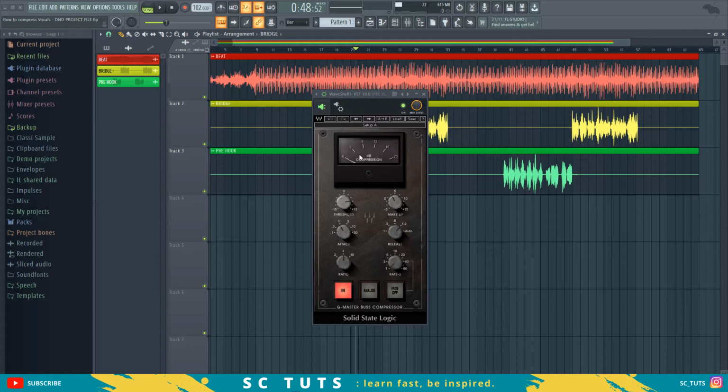Right here we have the compression, but it tells you the compression currently going on and the input signal as well. So if I were to play the routed track,